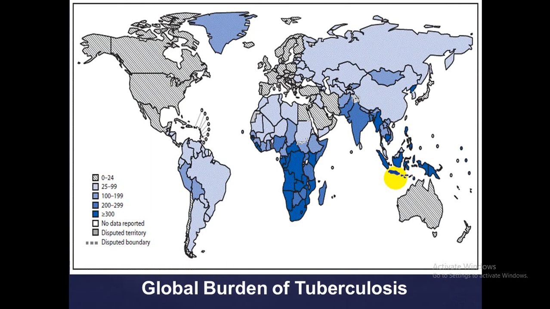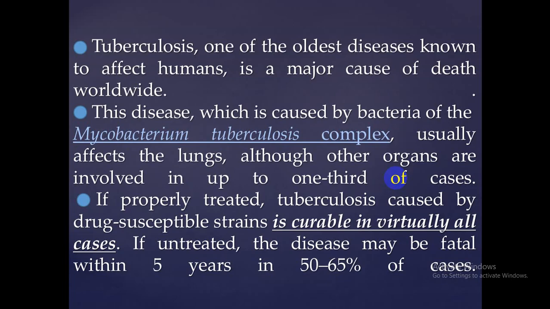the countries involved in TB, with a ratio of about 25 to 99 per 100,000 population. TB can involve any part of the world, but it is more common in Africa and in India, mostly in poor and more crowded societies. TB, as I said, is an old disease that affects humans and is caused by bacteria,